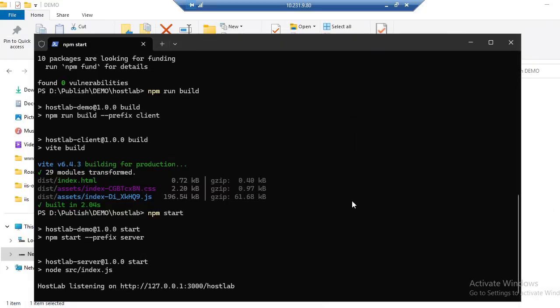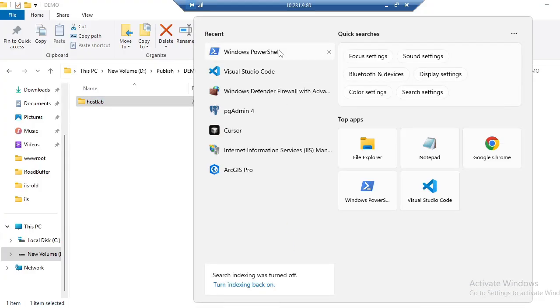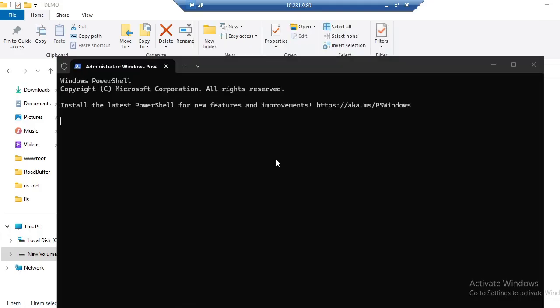Now, if we start the main hosting part, what we'll do first is let it run, no problem. We will open a new PowerShell as an administrator. Okay, so now what we'll do first, the step should be,